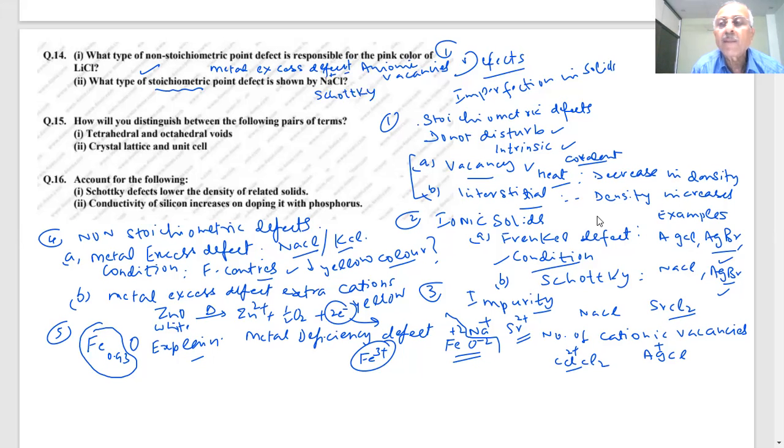Read everything very carefully. Every line, every word has a meaning. So he has mentioned stoichiometry. If it says non-stoichiometry, then what will be the answer? Here it was non-stoichiometry. See the point? What will be the answer if I change the question? For non-stoichiometry, it will be metal excess defect due to anionic vacancies. You understood why I said this? Because the students are not reading the complete question. I said every word will be speaking something. Don't go fast, students.